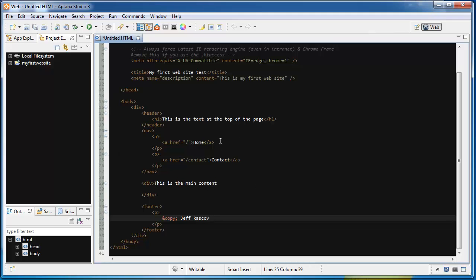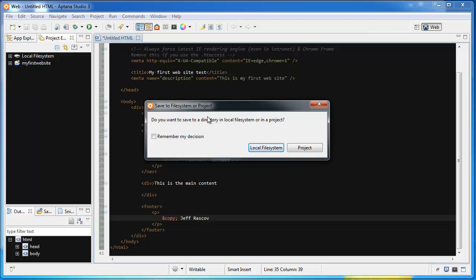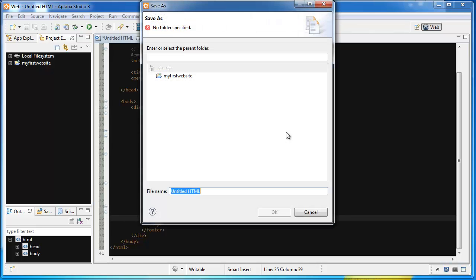If you want to test and see what it looks like in a browser, we can save this. I go under File, Save As, and it's going to ask where you want to save this. You can save it in your project if you want, and it'll put it in the folder that you have already made. And then we could give it a name. The first page of any website is called index,